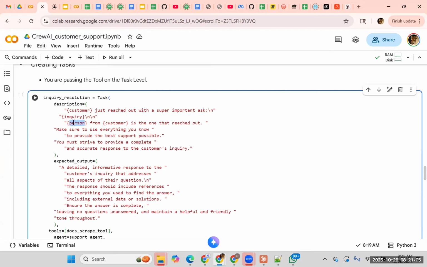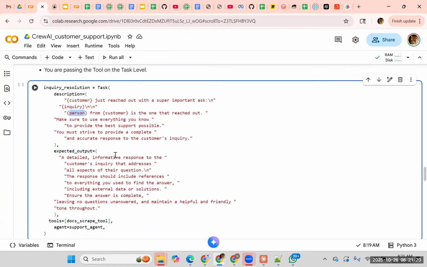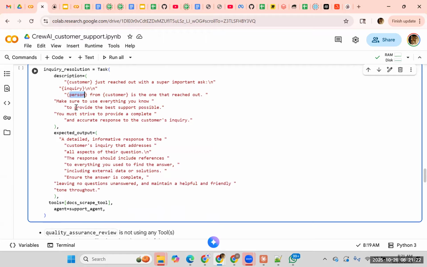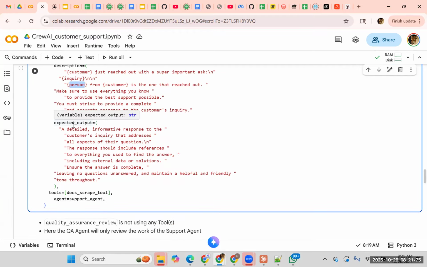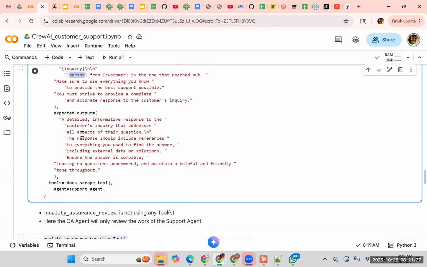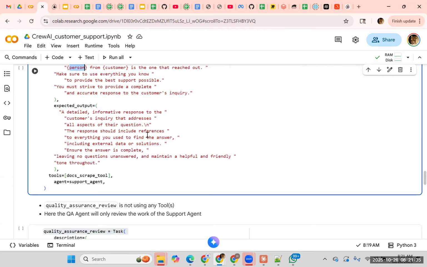So when you create a support ticket, you put your company name, that is the customer, and then you put your name as the contact, right? So that is the person here. Make sure to use everything to provide the best support possible. You must strive to provide a complete and accurate response and all of that. Description. Expected output, what is it that we are expecting? A detailed, informative response to the customer's inquiry that addresses all aspects of their question. The response should include references to everything you used to find the answer, so that we know it's not hallucinating